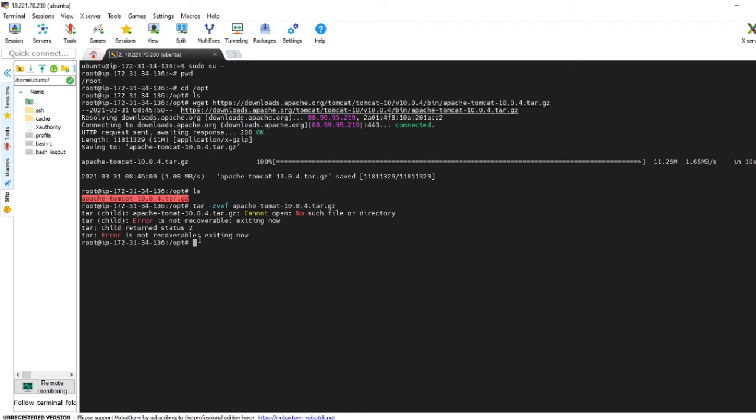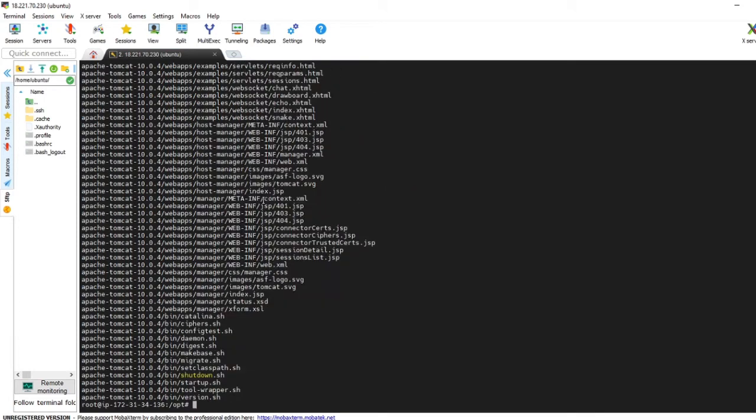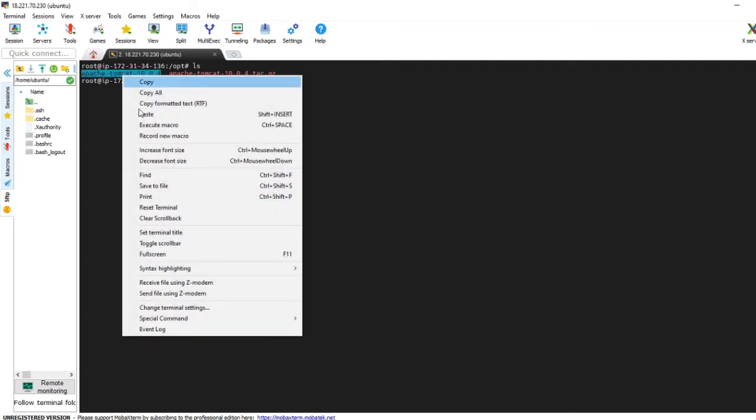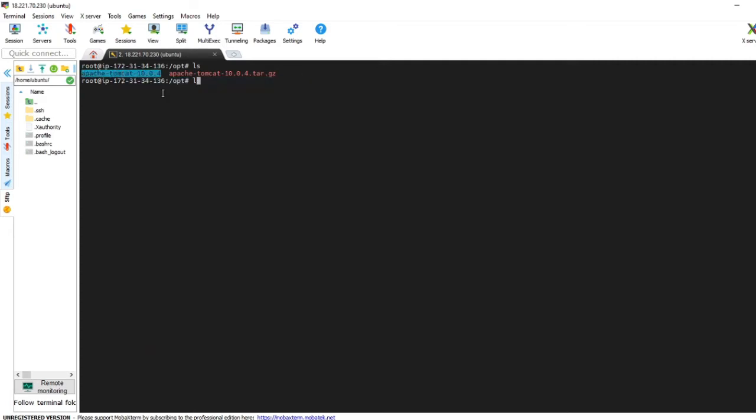Copy and, okay, so now it's unzipping. Let me clear it. And so now we have the folder Apache Tomcat. So let us go inside this folder. So here I'll go to the bin folder.